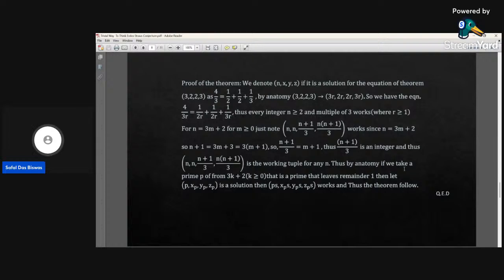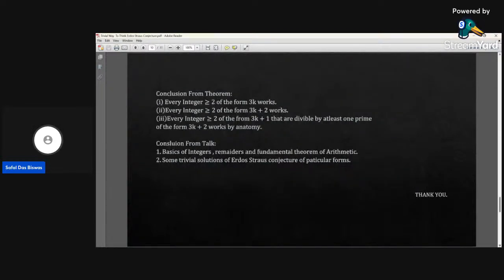Now just multiply that by 5. Now multiply both sides by 5. Then we have 5 into 5, 25, comma 25. That means x_p is now 25, then 10, then 50. That works for 25. So you see how we transfer the problem into just the primes that are divisible by